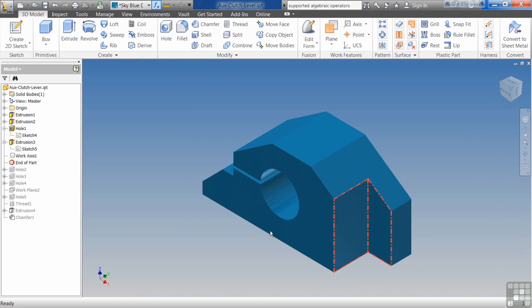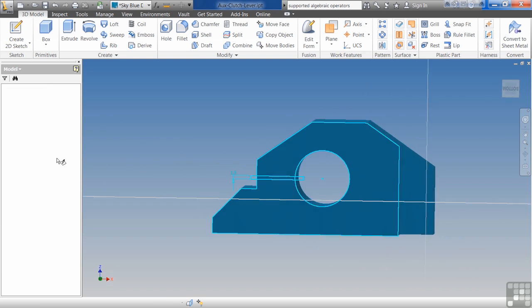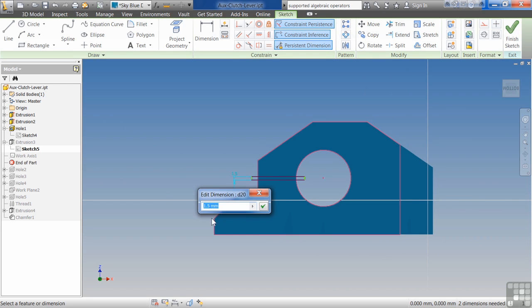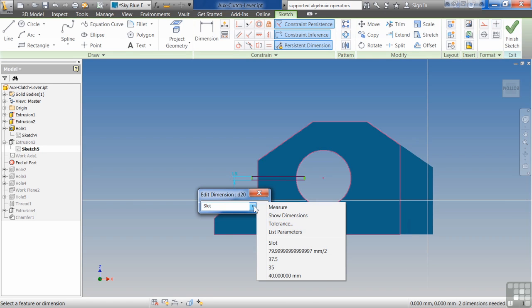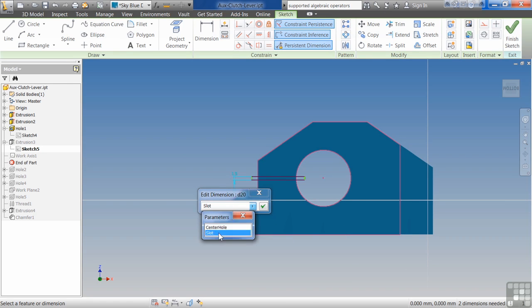Hit done. And then I'll come over here to this little slot that's in this part. And I'll just type in slot. If I didn't know what the parameter was called, I could actually hit the little arrow, hit list, and just choose it from the list of available parameters. So now, if I hit finish,